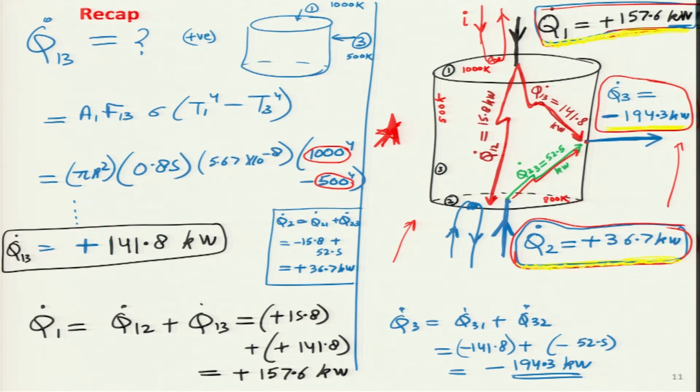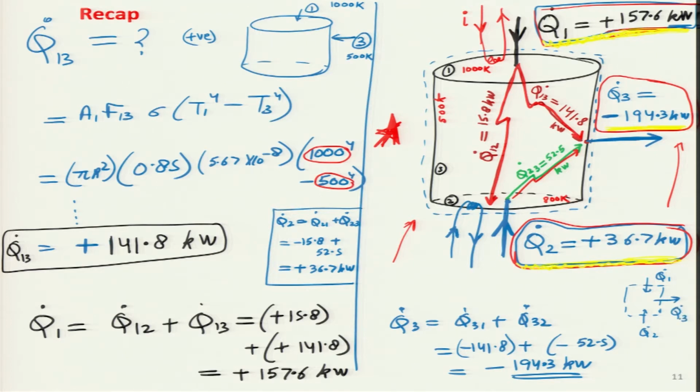So, this is the overall geometry, and this is very useful from a system point of view. What I mean by that is, if I draw a control volume on this particular cylinder and I am just looking at the thermodynamics of the system, this cylinder simplifies to this control volume, with two heat inputs, Q dot 1 and Q dot 2, and one heat output from here, Q dot 3.